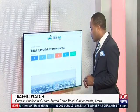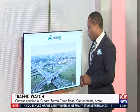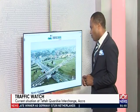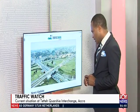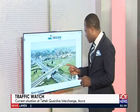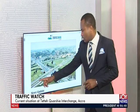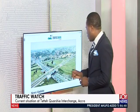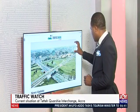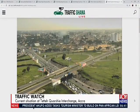We'll go to the Tetekwashi interchange, and I can guess right, especially what we've seen from the Tema area and also getting from the bypasses, you're likely to meet traffic. Interestingly, those coming from Tema, they don't seem to be in traffic, and so you get to find that this is the routes coming from Tema. You're heading towards the N1 highway. Some of the buildings around where Talo is occupying. We have the Plus 233